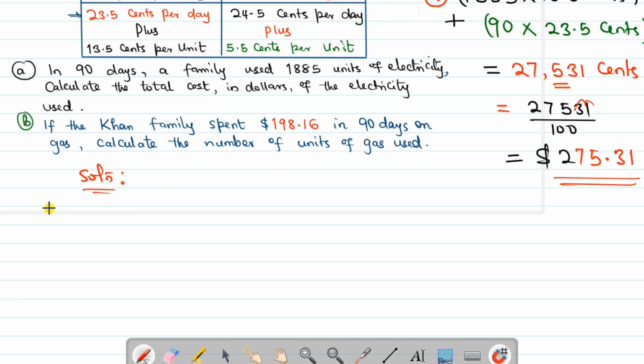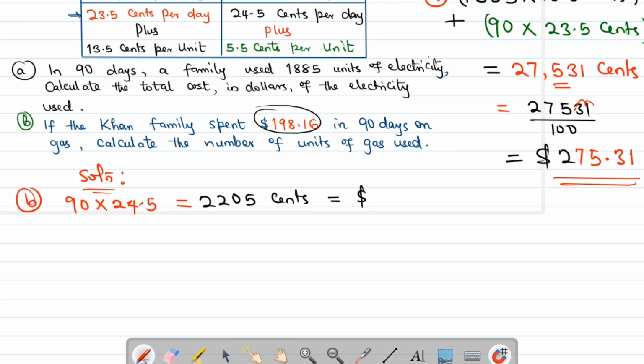So for part B, for 90 days, the flat rate is 90 times 24.5, which is the total amount they paid for the flat rate. Since the amounts we are given are in dollars, we change this to dollars by dividing by 100, and that gives us